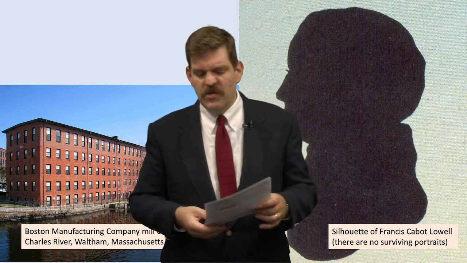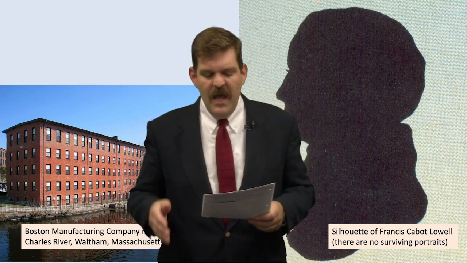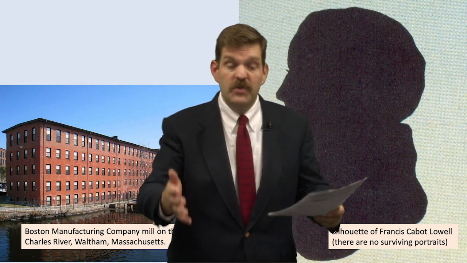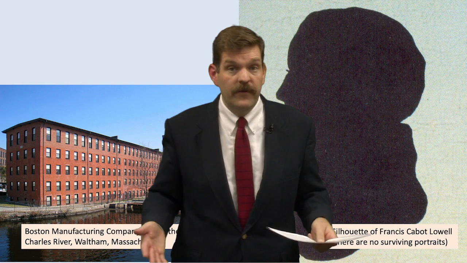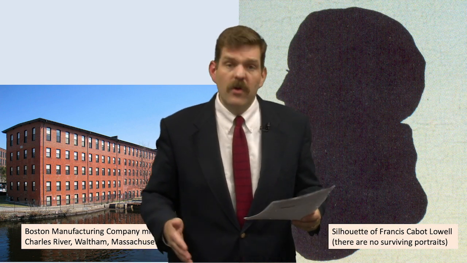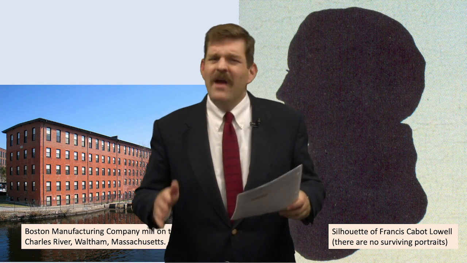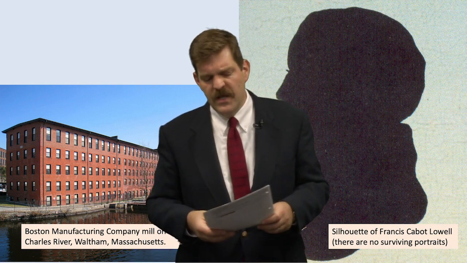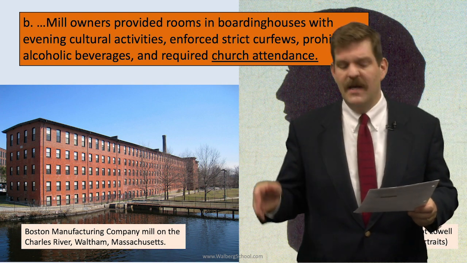The Boston Manufacturing Company pioneered a labor system that became known as the Waltham-Lowell system, in which the company recruited farm women and girls to leave the farm and join the factories as textile workers, and the girls would then work for lower wages than working men. They were sometimes referred to as the mill girls, and the mill girls were unmarried women, and in their capacity of work, they worked under very strict social and workplace rules. By the early 1830s, more than 40,000 women of New England were working in textile mills.